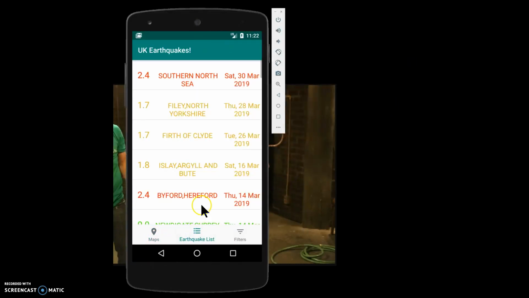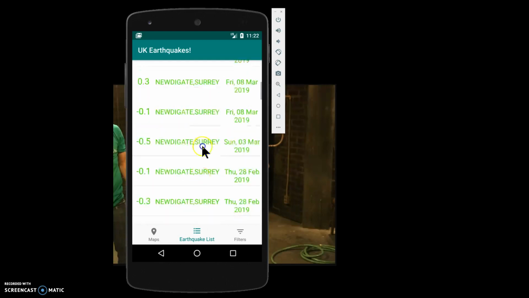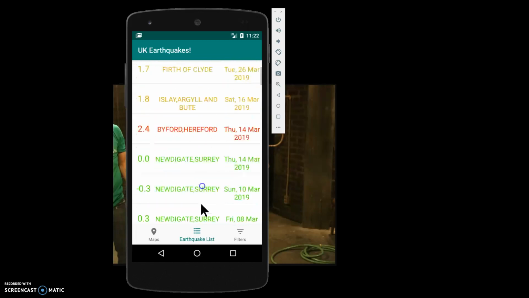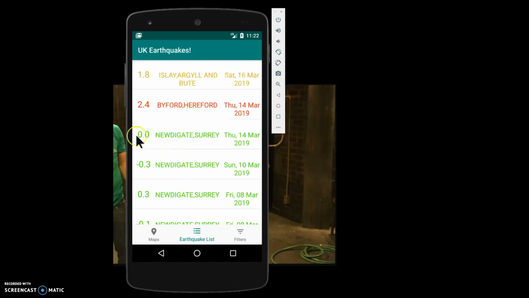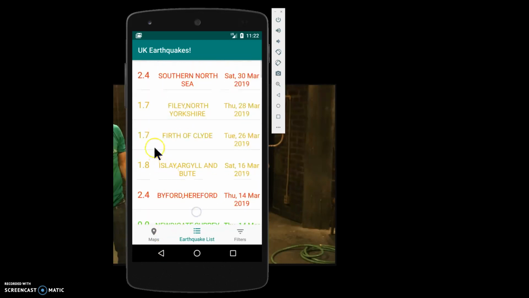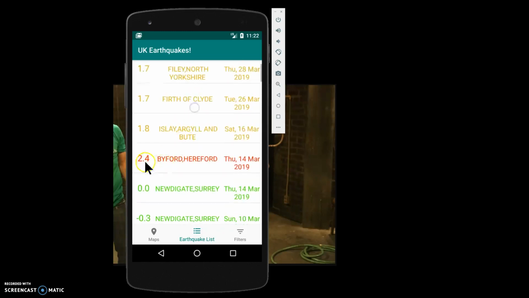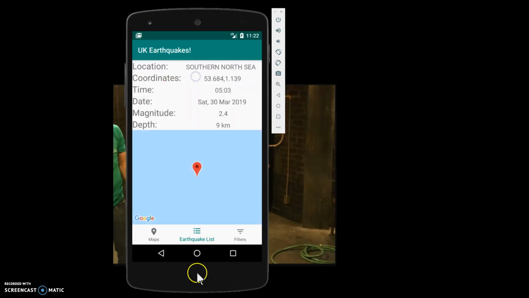We've also got the list view, which has all of our earthquakes color coded. So earthquakes less than or equal to 0 get a green for OK. Anything above 1 to 2 is a yellow for maybe dangerous, and anything above 2 is red for super dangerous. And you can also click on earthquakes here, and well, that's in the middle of the ocean, and you'll get some sort of